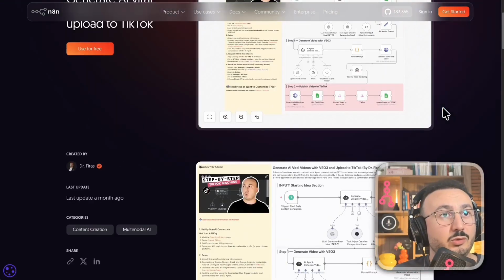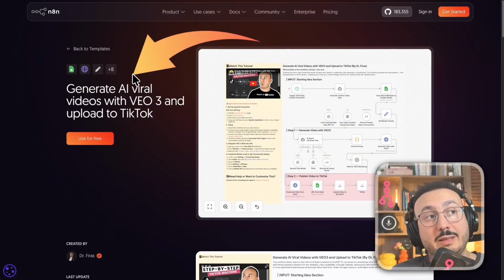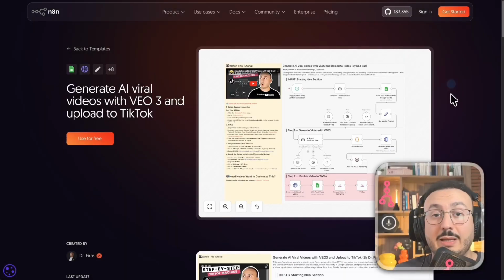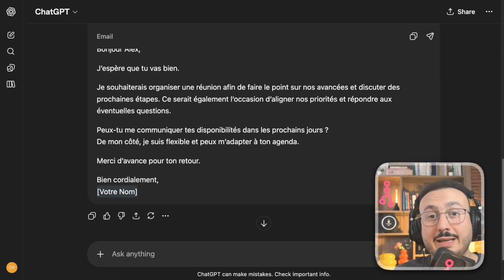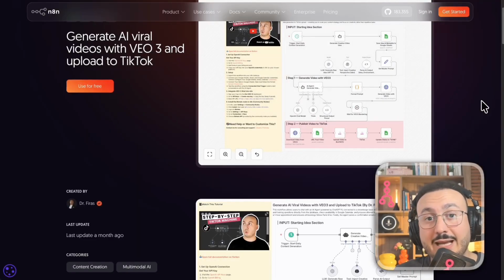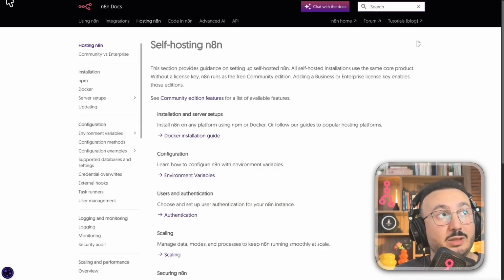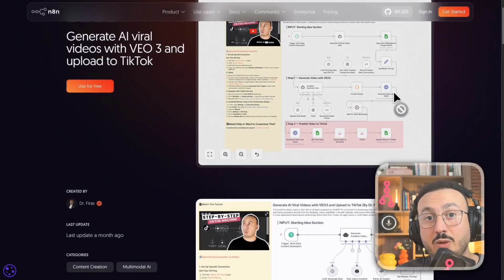So what does this workflow do? This one creates viral videos that will be published on TikTok, simply starting from a basic idea. So you send in an idea and the system will create it. If I send my idea to ChatGPT and ask it, write me a video, it can't actually create a video. It can create a script, ideas and all that for you, but this system today, when it takes control, allows you to create all of that. So as you can see today, you can even click here and of course import this tool and simply run it and make it work.